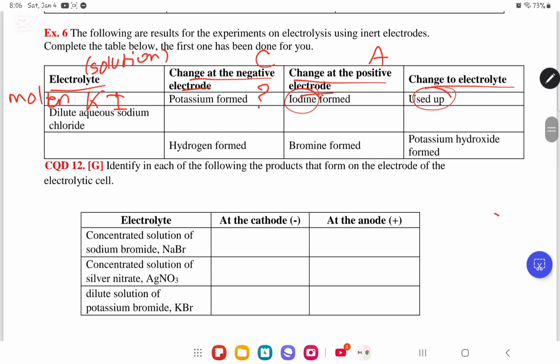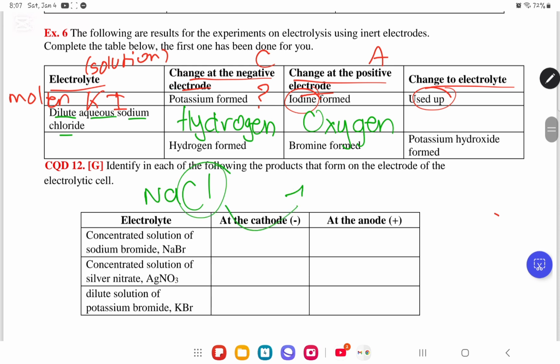Next one, we have dilute aqueous sodium chloride. Whenever it is dilute, at the cathode what is going to form is hydrogen. And because it is dilute, what will form at the anode is oxygen. Now here is a trick. The whole purpose of electrolysis is to separate. So if we have dilute aqueous sodium chloride, NaCl, the whole purpose of this is to separate the two of them. But definitely Cl is way stronger than Na, because if you remember the table,